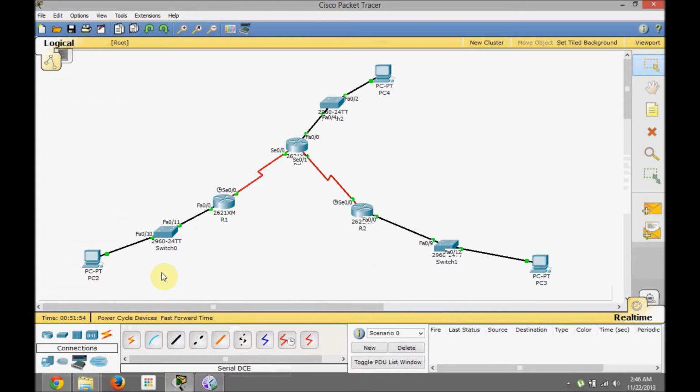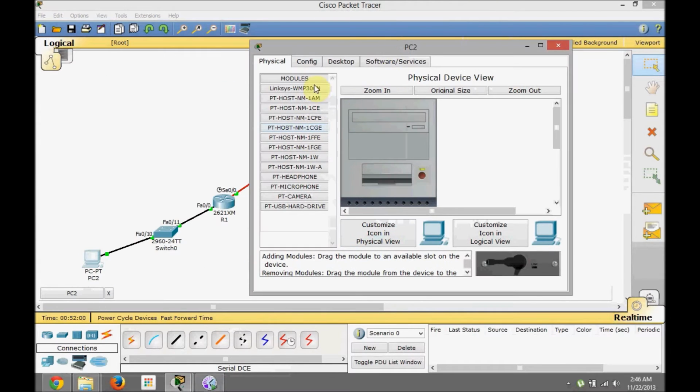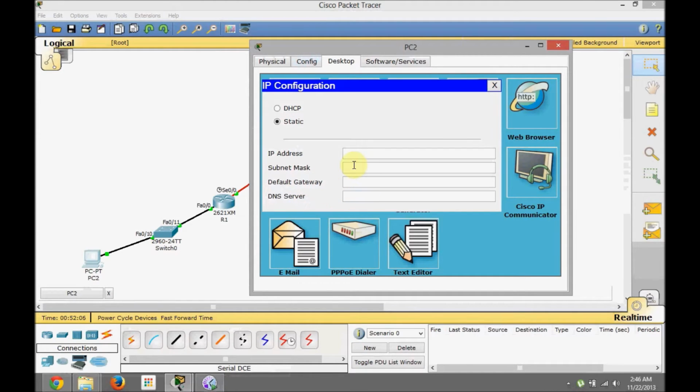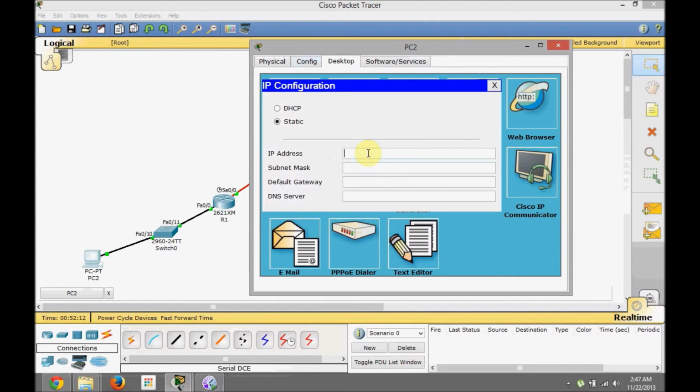Obviously we need to give our workstations some IP addresses as well, and we're gonna click on our workstation, go to desktop, and there's this little box here which says IP configuration. Okay, we need to give an IP address to this PC, which would obviously be from the same network which we assigned to this interface, the fast Ethernet interface,